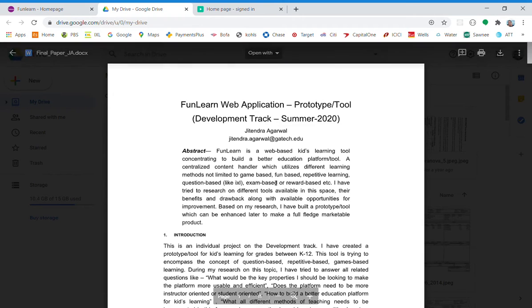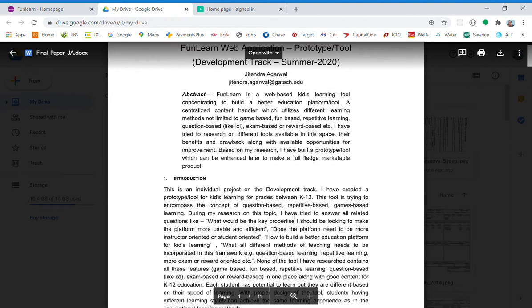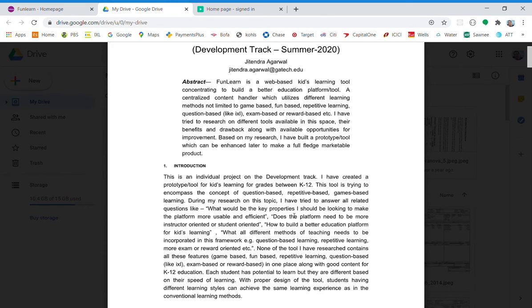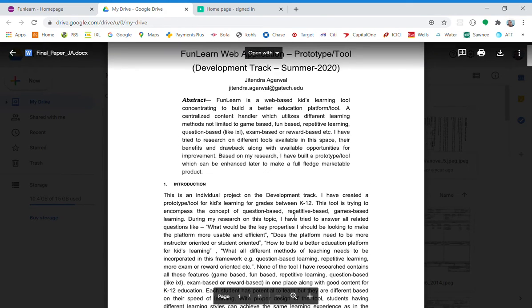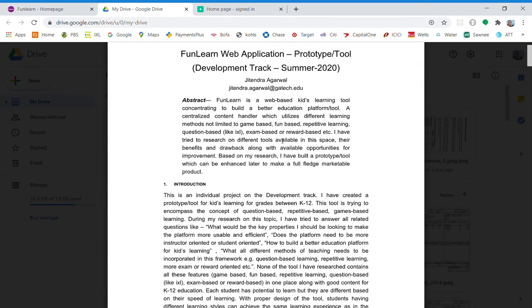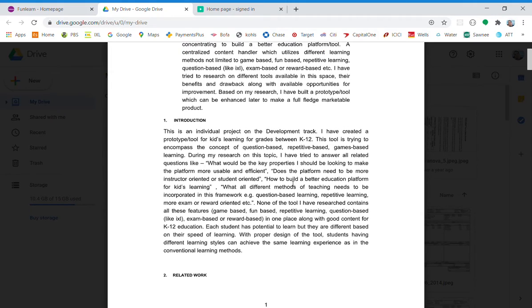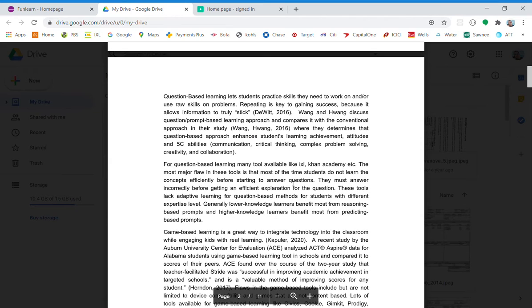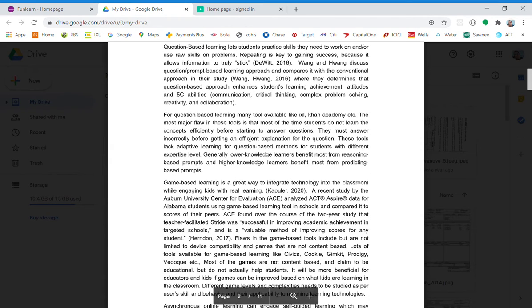I gave it the name Funlearn for this tool. It will try to utilize some of the learning methods like question based, exam based, repetitive, and game based methods. If you look at the related work, for the question based, you might have seen Khan